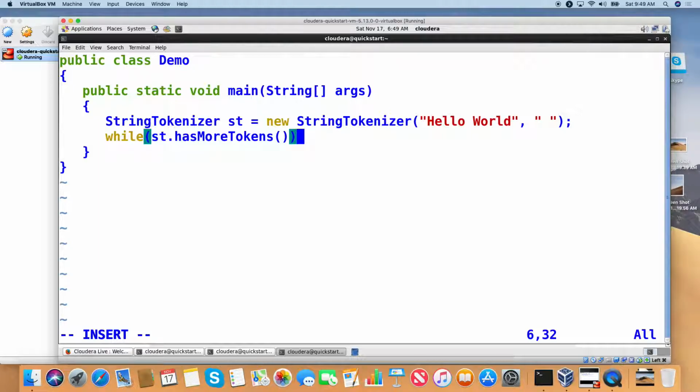hasMoreTokens is the method name in the StringTokenizer class. It is already built in. How is it possible that I can write it if I am not writing the class? Did I write the StringTokenizer class? No, right? So, StringTokenizer is provided by Java. And who gave me that method? Java. That is what Java classes are all about. If you write utility.java, you will write your own methods. So, while st.hasMoreTokens, I am going to write,